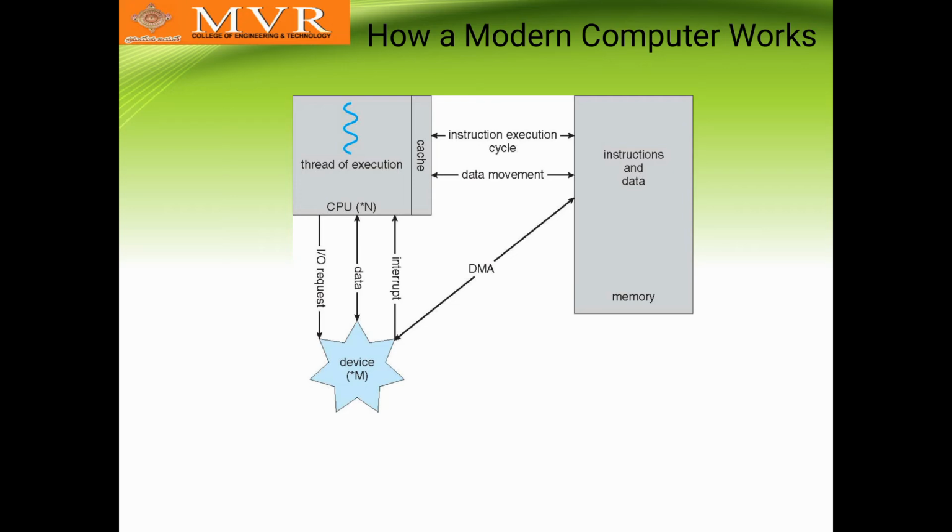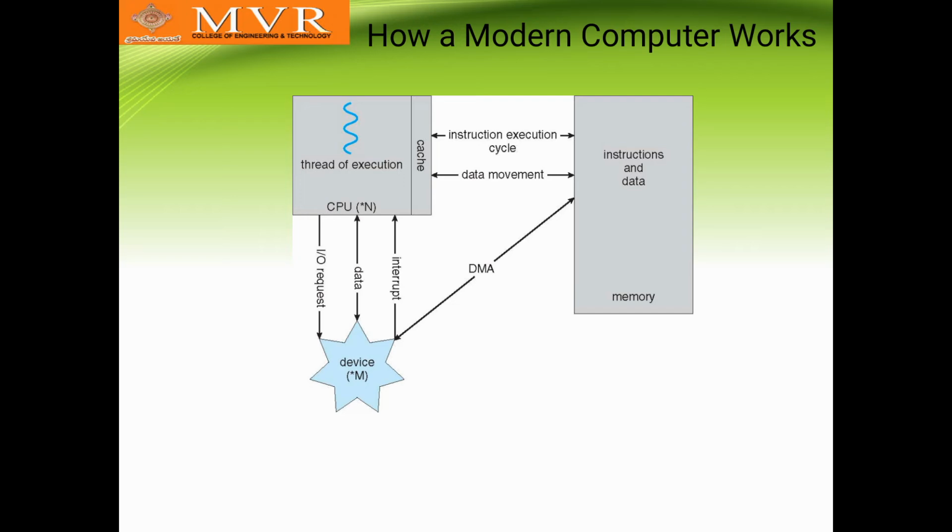So in this CPU, if it has an interrupt, that interrupt is transmitted based on the device, and data is also transmitted, and an IO request will be sent from the CPU to the device. Here the memory sends the instructions and data for processing by the CPU. The data will be stored on the device. So here DMA will occur.